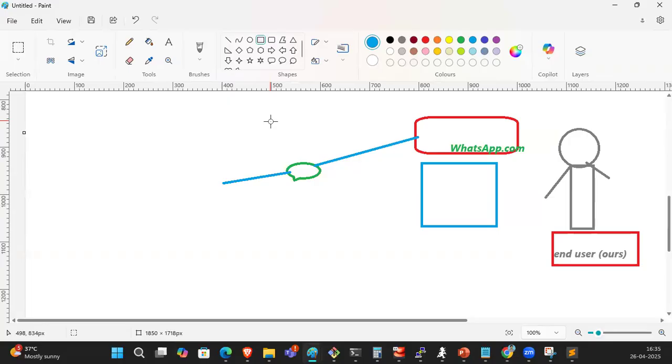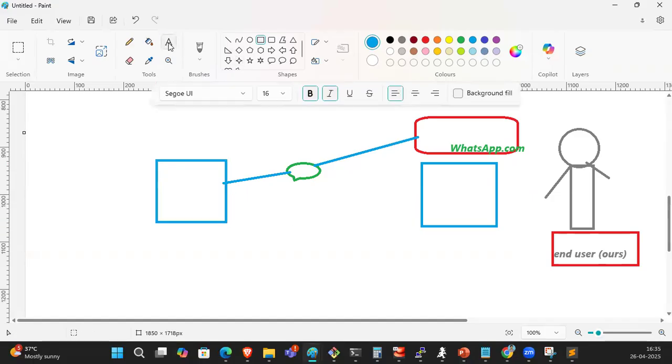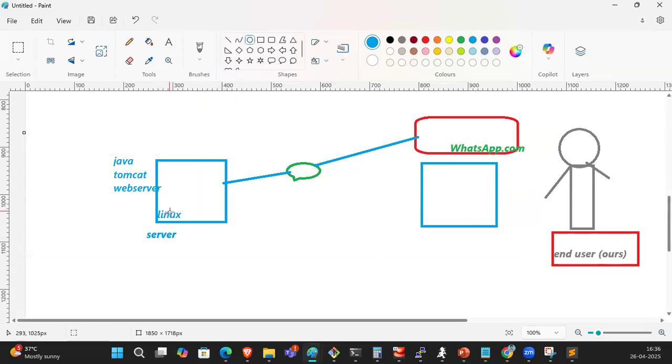So internet means where will it get it from? It will get it from the server. This is a server. In the server, what did you install? You installed the Linux OS. In the Linux OS, what did you install? You installed the Java Tomcat web server. In this web server, whatever code the developer develops